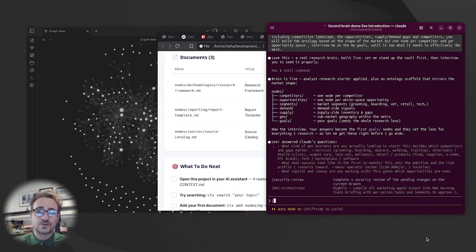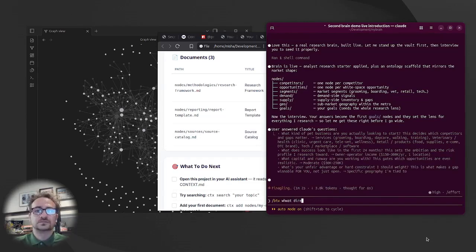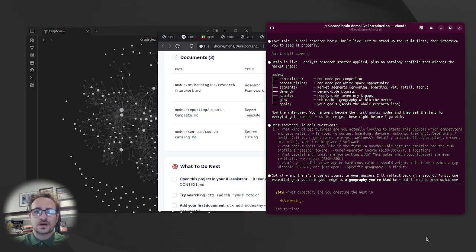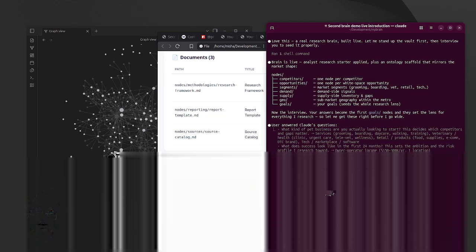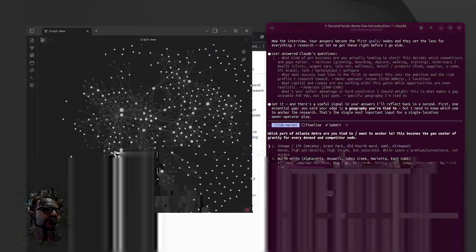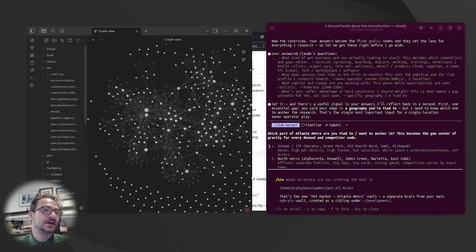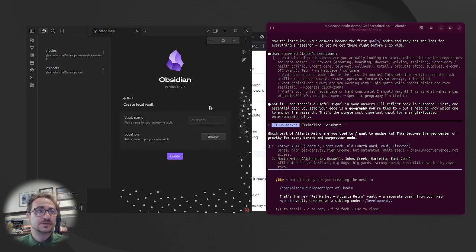So while this is running, I didn't tell it where to create the second brain, so I want to know which directory it created it in. So it's creating it in my development folder. And if that's the case, I'm just going to go ahead and add another vault that will let me see